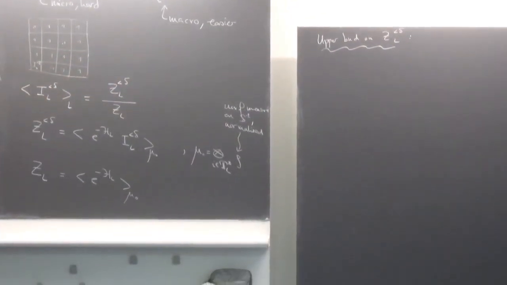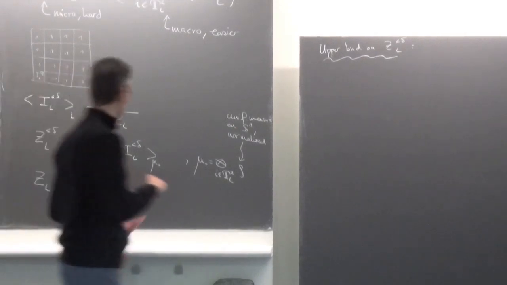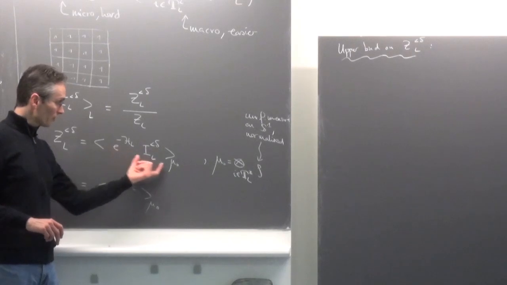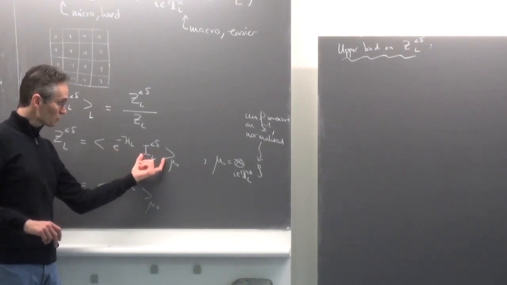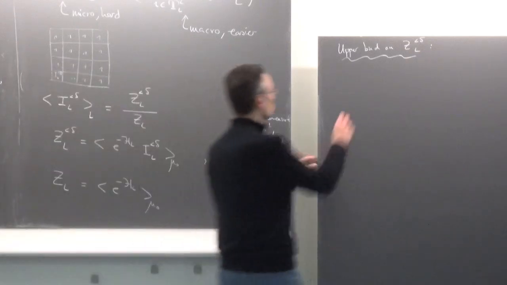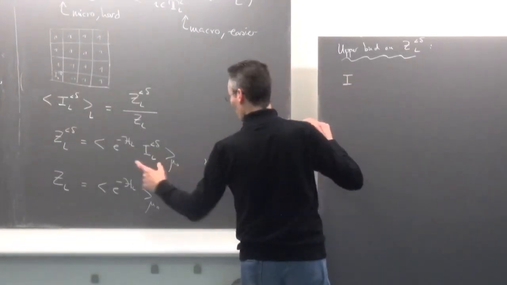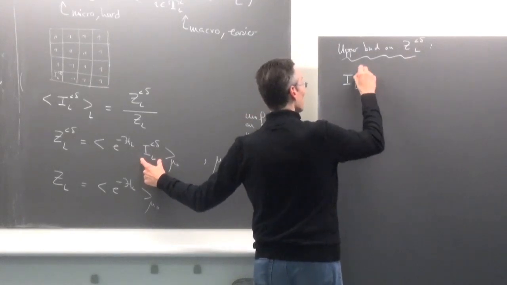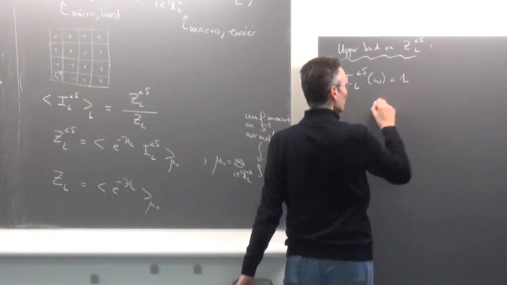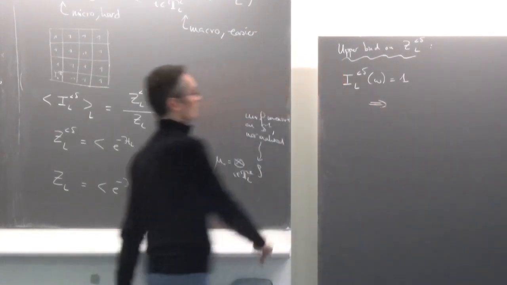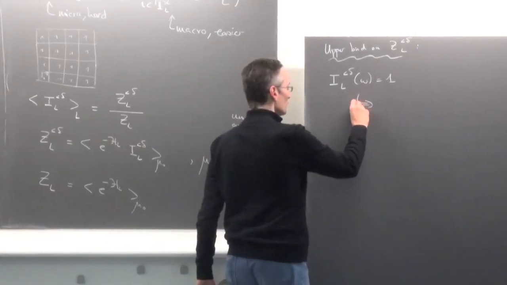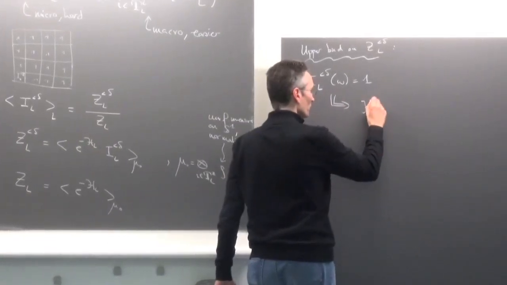Here I'm only taking the expected value over configurations for which this is non-zero, otherwise I just get a contribution which is 0. So I can assume that the configuration I'm interested in satisfies that this equals 1, so I_{L<δ}(omega) equals 1. So assume this is true. Then for any omega such that this is true, we have the following bound on the Hamiltonian.